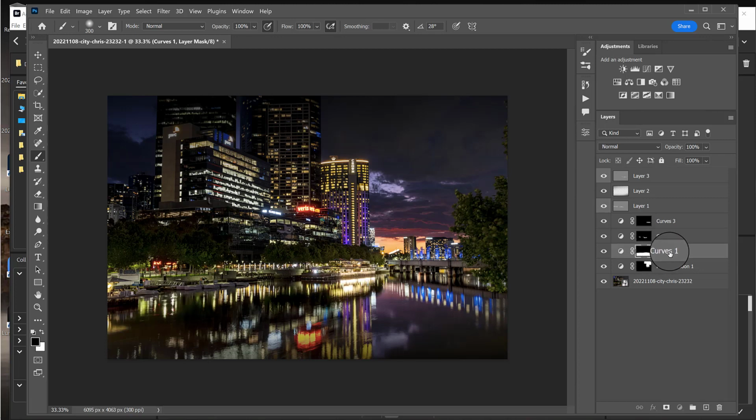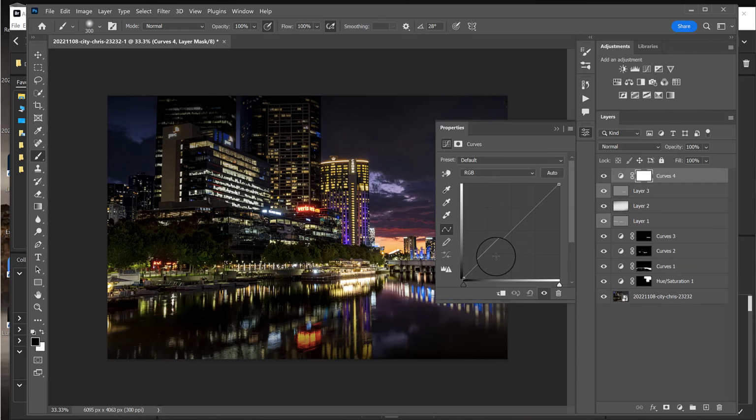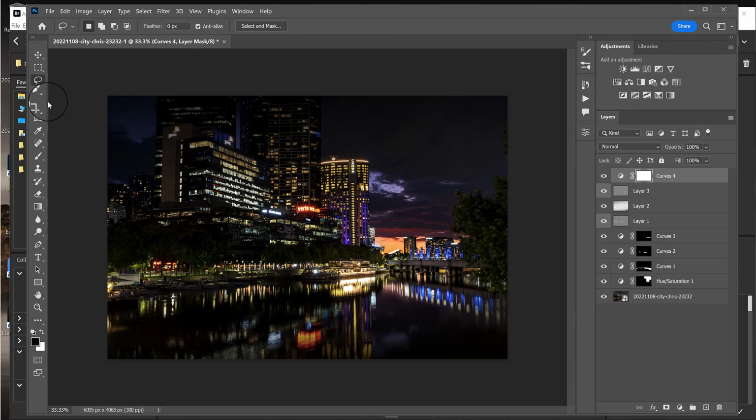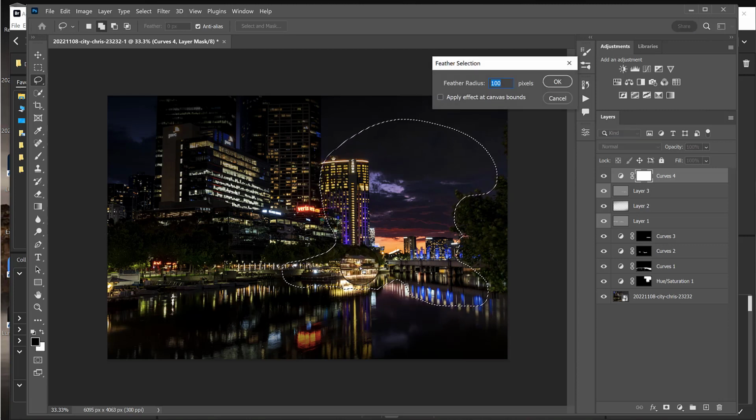Maybe we can do the same thing with this layer here too, and just get rid of a lot of this stuff. Like, we just want the things... I wonder if we went back up here, did more curves, darkened the whole image, and then used our lasso tool. Let's say we want this building and a little bit of this and some of this, and maybe just a bit of the sky. We want to do, let's do